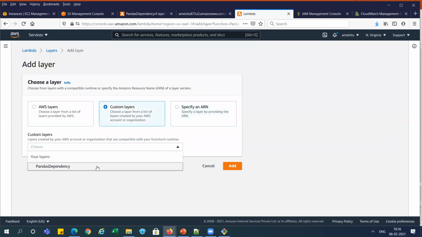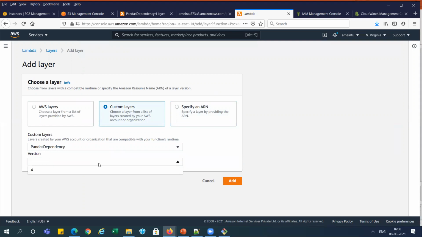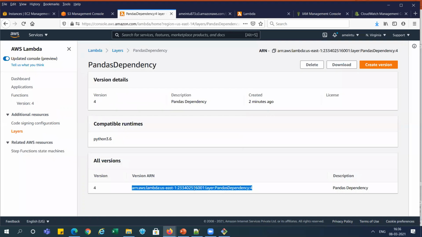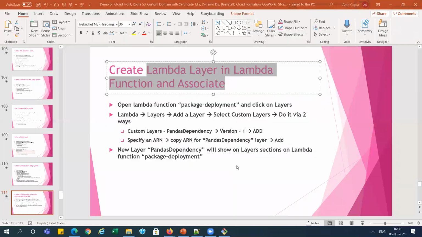We can go here, Panda dependency, we can select the versions for, right? So either way, both are same, right? So I'm selecting here, or you can specify directly ARN name here, right? Copy that ARN for this layer. Now you can see here in the document, I have mentioned both methods here, right?